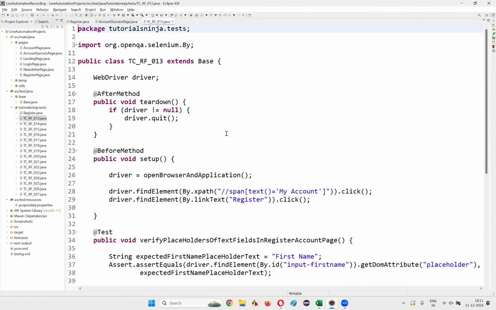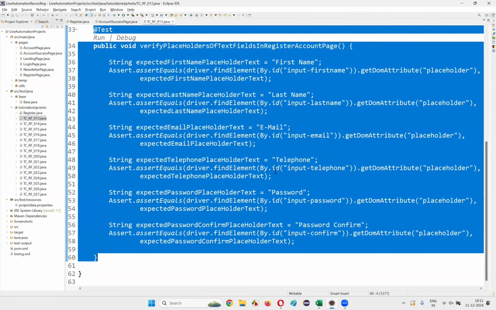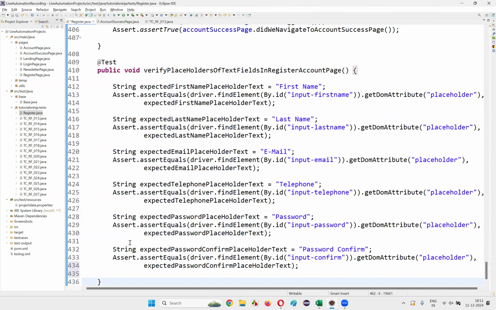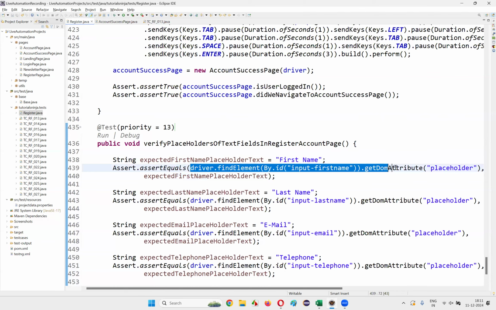Now let's go to the 13th one and cut this test method from the 13th test case. Go to the Register.java, paste it here and give the next priority, that is priority is equal to 13. Save this. Save all. And here write down driver dot find element by dot